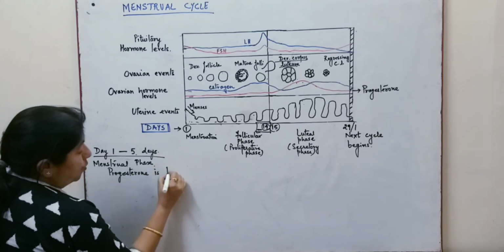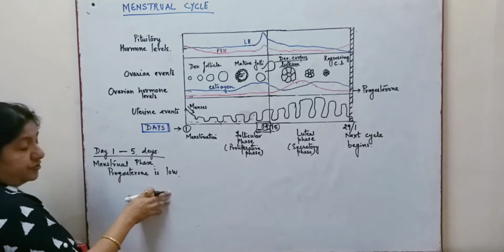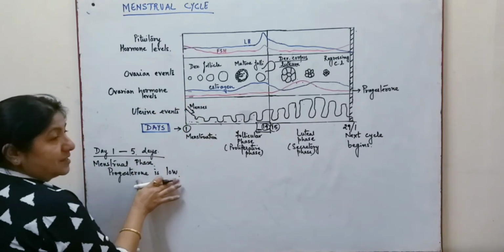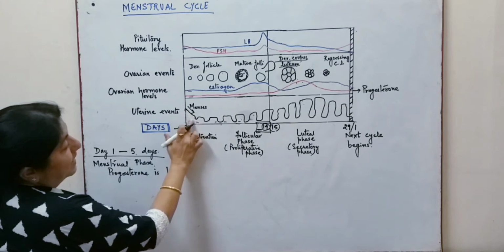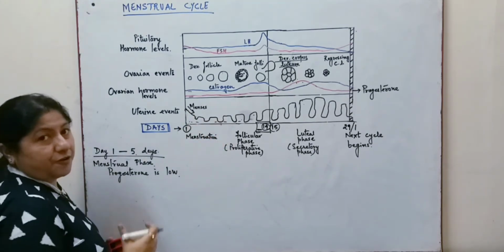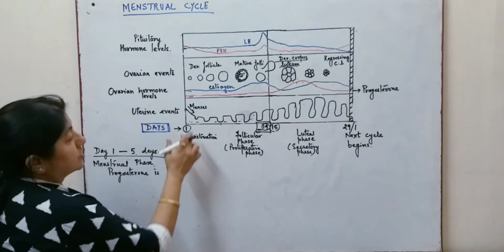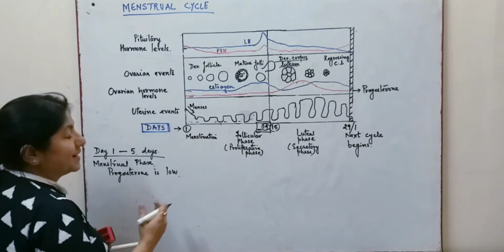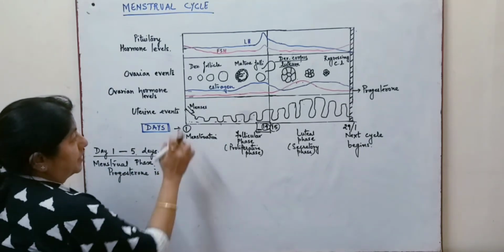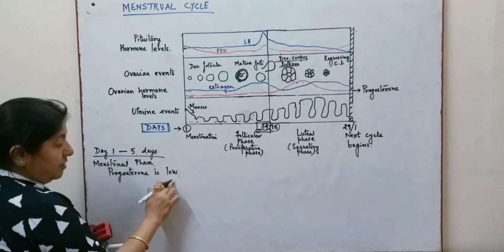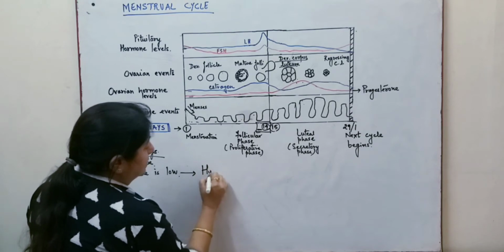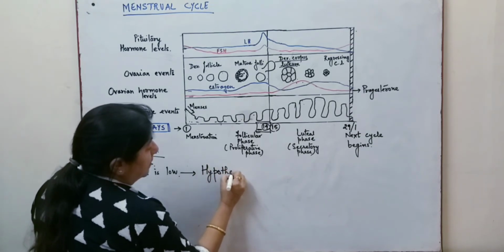is low. Now this low progesterone, which is being produced by the ovary, is low, and the endometrial lining of the uterus comes out in the form of menstrual flow. So the endometrium lining, that is the inside lining of the uterus, is shed during this particular period. And the progesterone level, since it is low, will trigger the hypothalamus, or it will